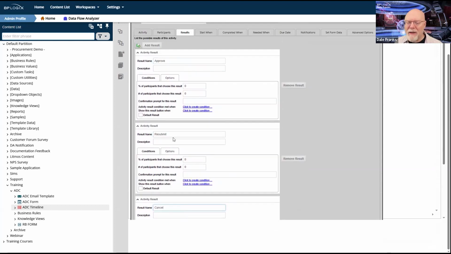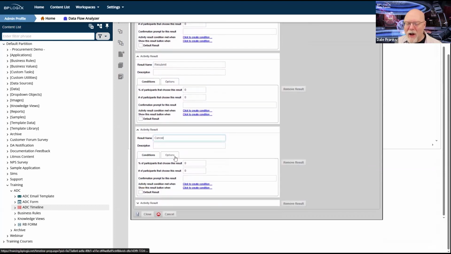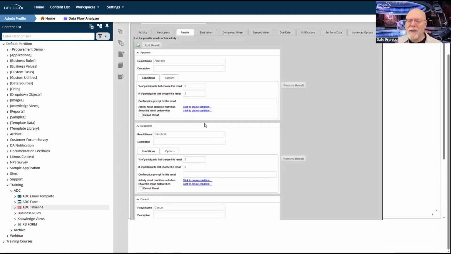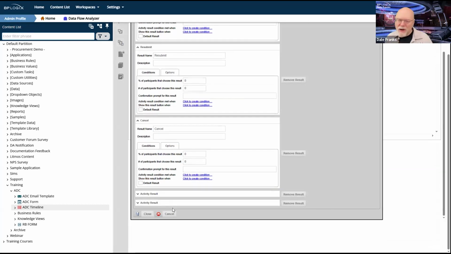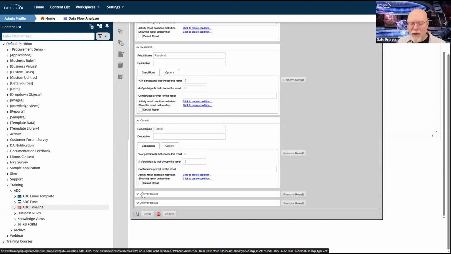And in fact, I'm going to probably need another result because the way that complaints are going to be handled is going to be a little bit different. Depending on the type of complaint, it may not be something that needs to go to HR at all. So I need to have some way of just skipping HR. And that's fine. I can do that via the result of this activity. I can solve this at the department level. So I need a result for that.